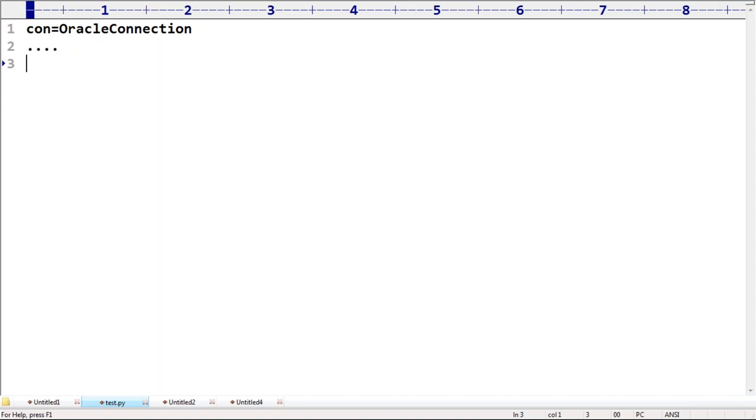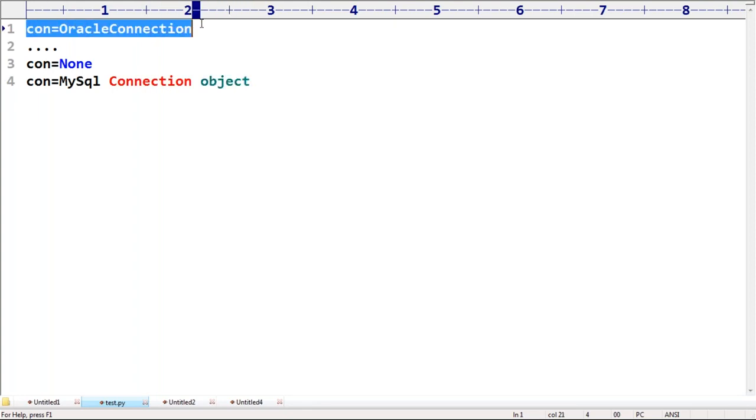Suppose my requirement is that this variable please save, because the Oracle connection is no longer required, but after some time this variable is required to point to a MySQL connection object. Then automatically what I will take is con is equal to None. Now I'm taking con is equal to MySQL connection object. Observe that very carefully, sir.